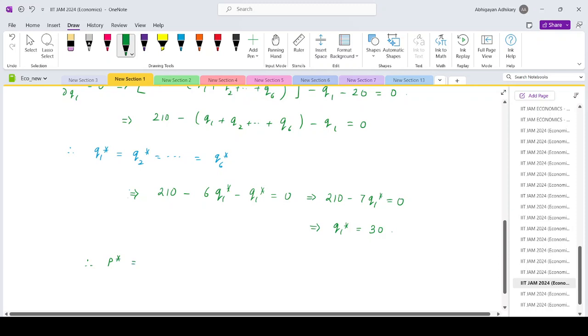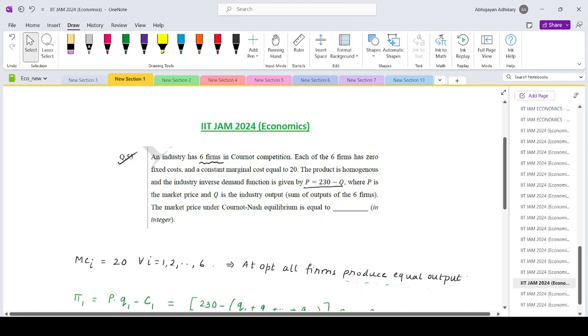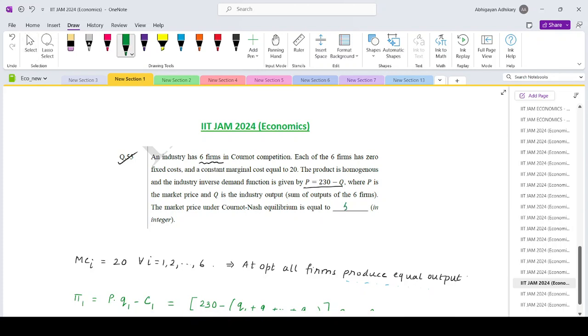So the equilibrium price will be 230 minus 6 into 30. That is 230 minus 180, and that gives you your answer as 50. So the market price under Cournot-Nash equilibrium will be